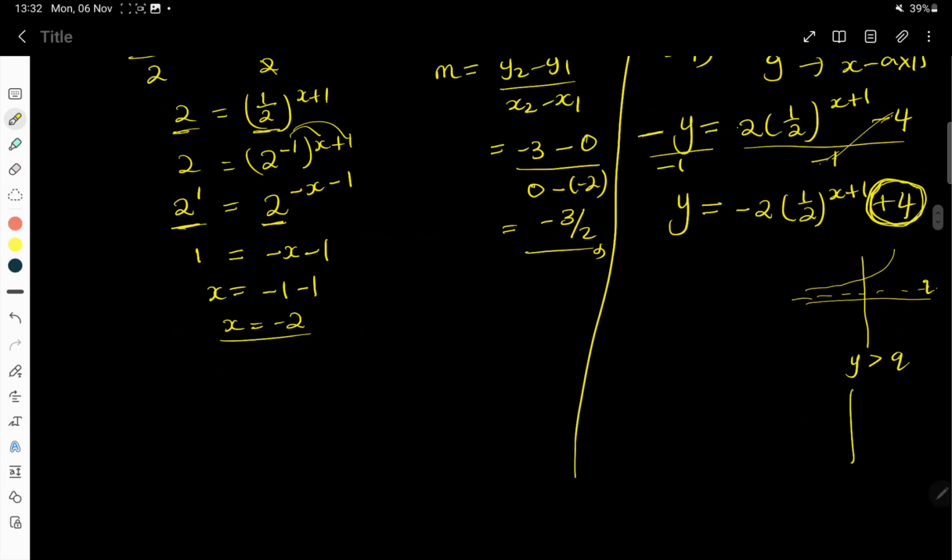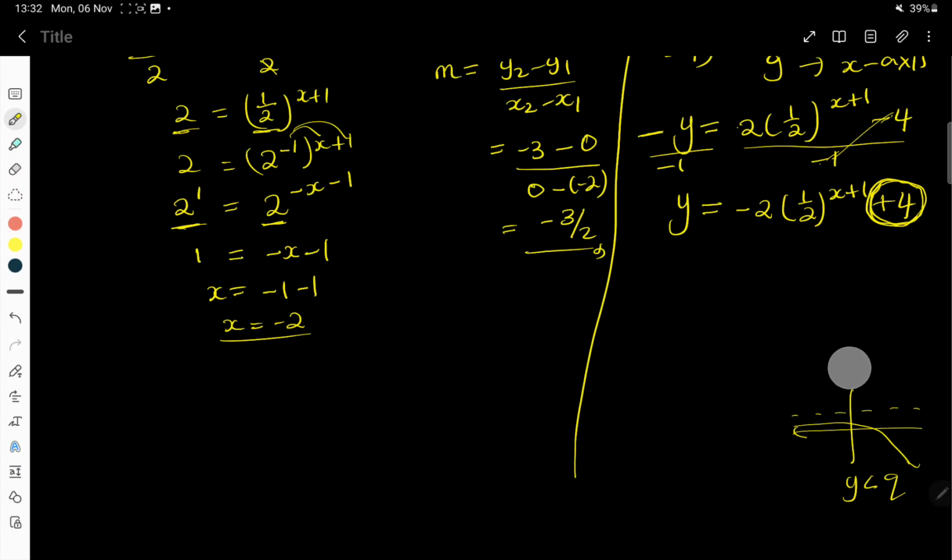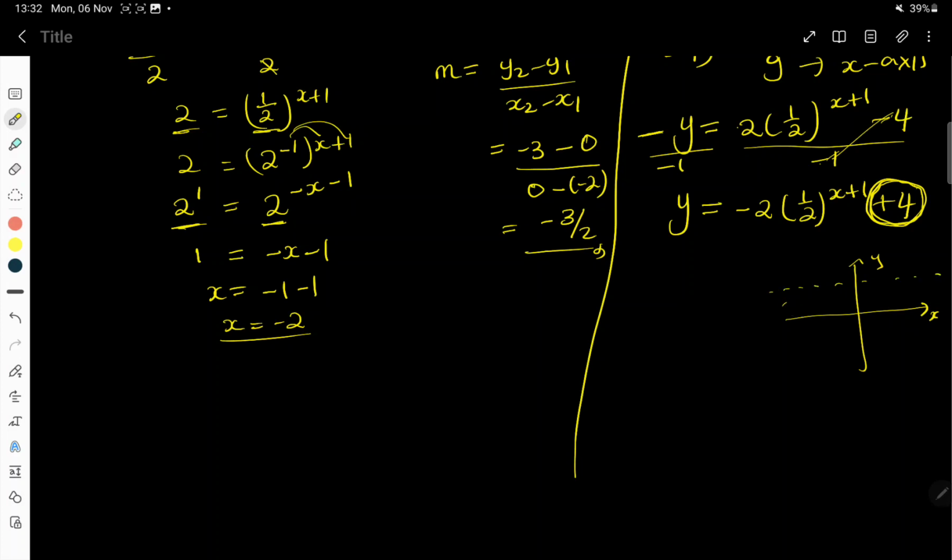Then if you have an asymptote like this, then your graph is below the asymptote. So it's going to be y less than q. Are we together? So in this case, your graph is reflected about the x-axis. It means your asymptote will be at the top, then your graph will be at the bottom. So it means y must be less than 4. That is